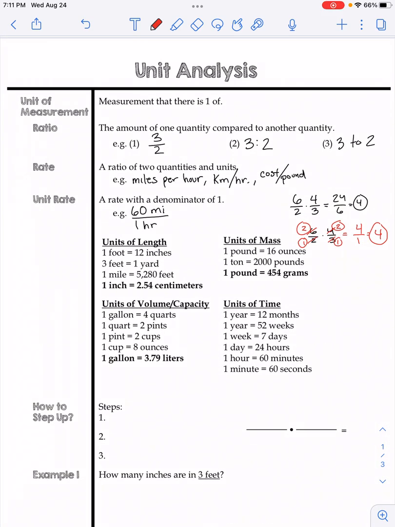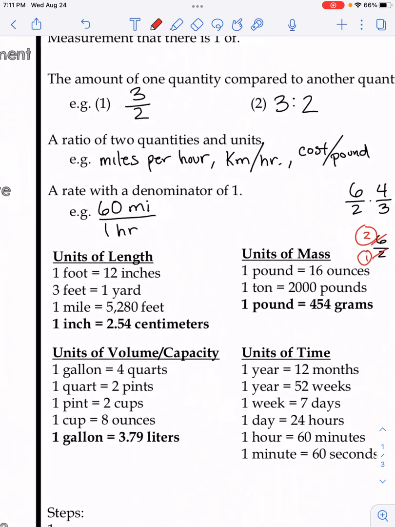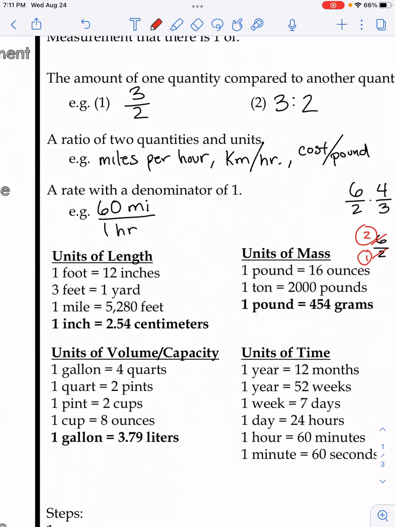All right, before we get to our examples, here we have varying measurements. We have measurements of length, so distance. We have measurements of mass, so pretty much dealing with weight. We have volume and capacity, maybe think about filling up containers or liquids, and units of time. But one thing I do want to point your attention to